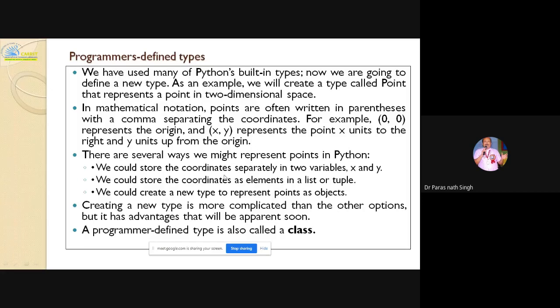We could store the coordinates separately in two variables x and y. We could store the coordinates in a list or tuple. We could create a new type to represent points as objects. Creating a new type is more complicated than the other options, but it has advantages that will become apparent soon, when the next slides come. The programmer defined type is also called a class.